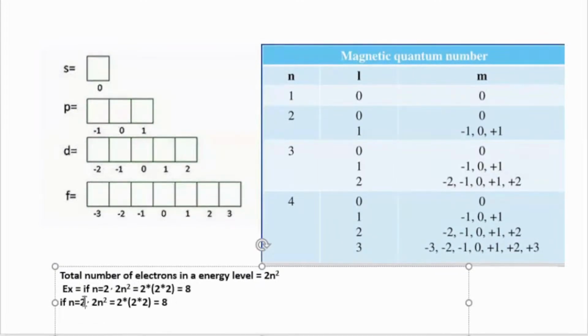If n is equal to 3, then you can put it as 3 squared or 3 into 3. Then the number of electrons. If n is equal to 4,